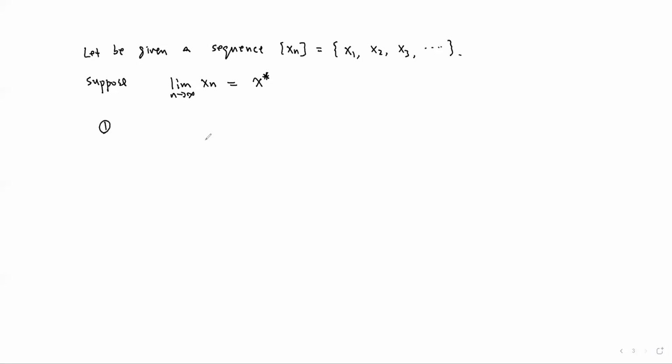The first one. If I consider xn minus x star, the current number minus x star, then take absolute value. This is the distance of the current number from the point x star. If current distance over the previous distance, this is a new sequence, when n approaches infinity, if this ratio approaches some number c, where c is non-zero and positive, but less than 1,